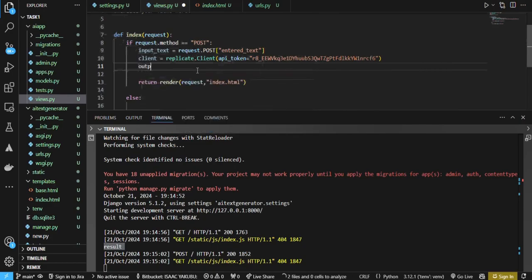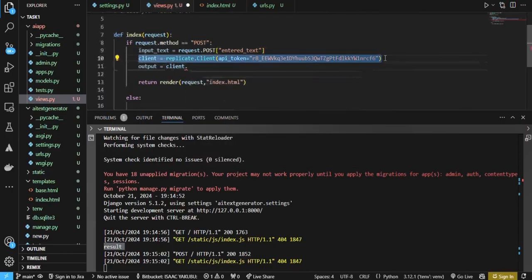So I need to create another variable called output and pass the client. This line gives us access to any kind of model you want to have access to inside the replicate platform. But for the sake of this video, we're using LLaMA, which is an open source AI model created by Facebook. So client dot, this is the variable created earlier, this is client dot